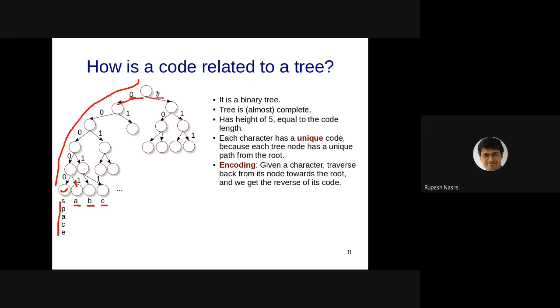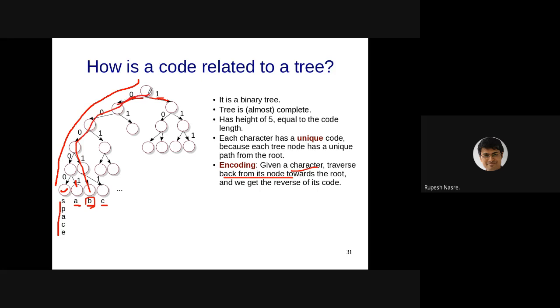Whenever I'm going to the right child, I'll say that it is 1. So I don't need to really store that weight 0 or 1. That is more for our understanding. So how do I encode given this tree? Given a character, traverse back from that node. Let's say I'm given B. So I'm going to traverse back from here all the way to the root.